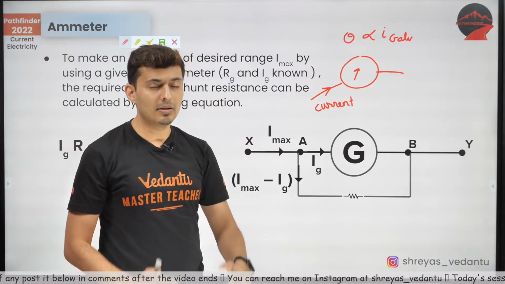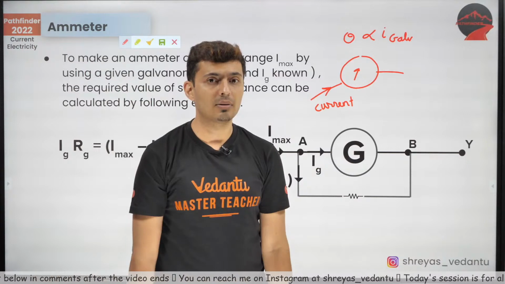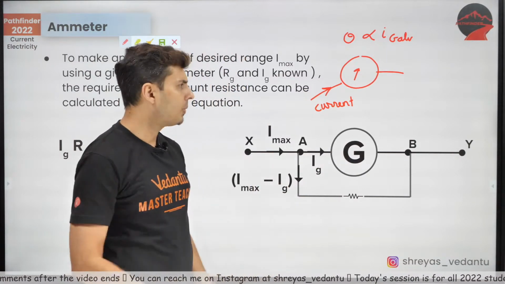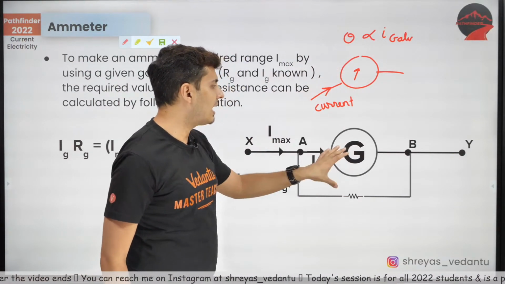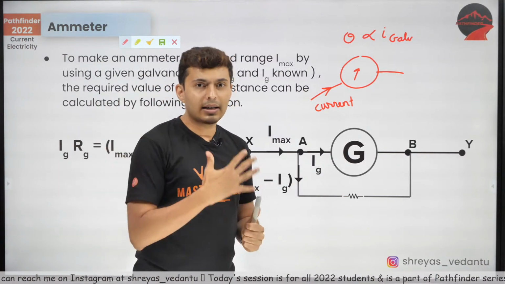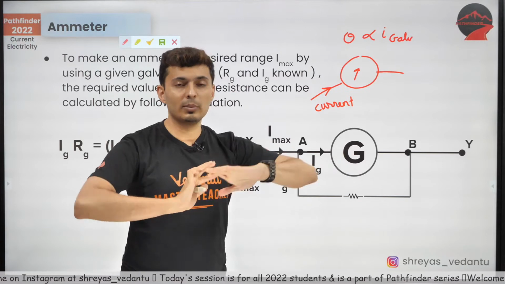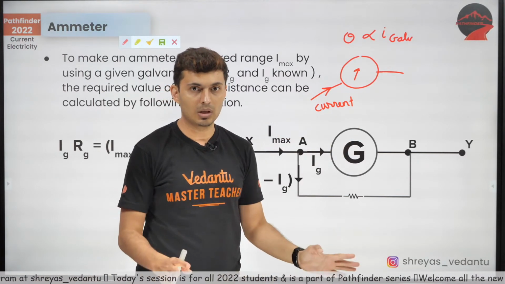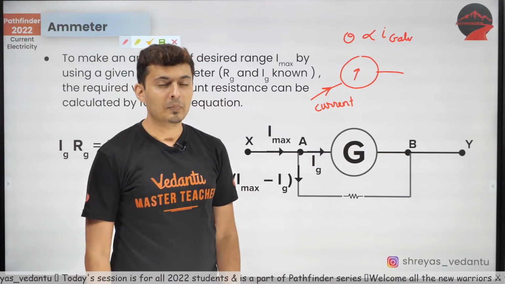That's called a full scale deflection current, or the maximum current through the galvanometer. Now, if you were to use this galvanometer in the circuit, the problem is that the current will be so much that the galvanometer will be burnt out. So you want to avoid that.